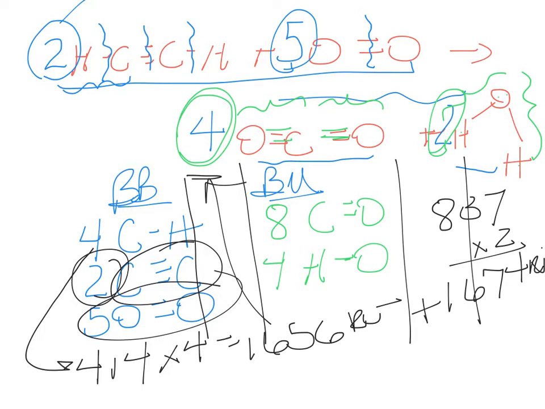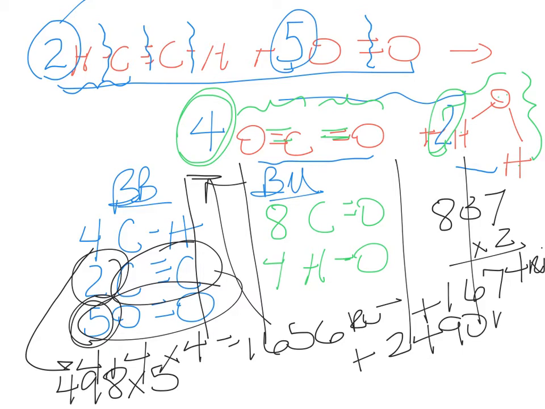Alrighty, so the energy for an oxygen-oxygen double bond is 498. These are coming from the table on the last slide. And we have 5 oxygen-oxygen double bonds that we have broken. So we're going to multiply 498 times 5, and that is going to give us 2,490, I think, kilojoules. So if you tally up all of the bonds broken, and I'm out of room,